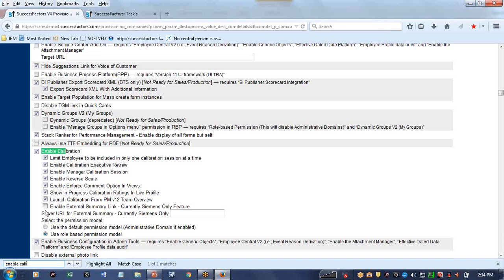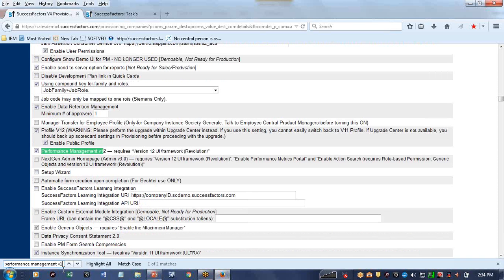Similarly, if you want to activate performance management, you can search for performance management V12. If you maintain the checkbox, in the instance you will see the performance management V12 module applications activated automatically. So in short, provisioning is a backend system in which we enable or disable the features,